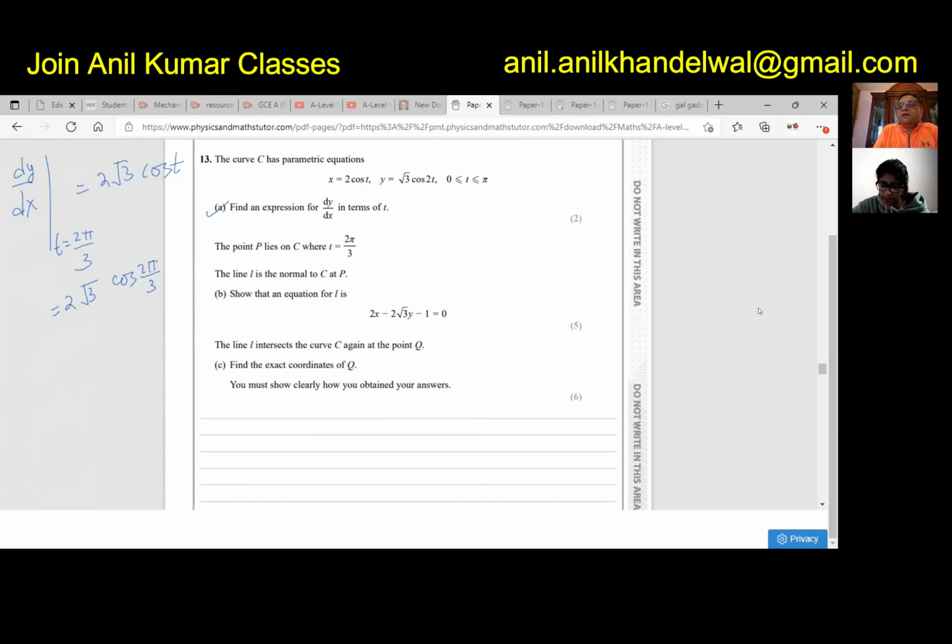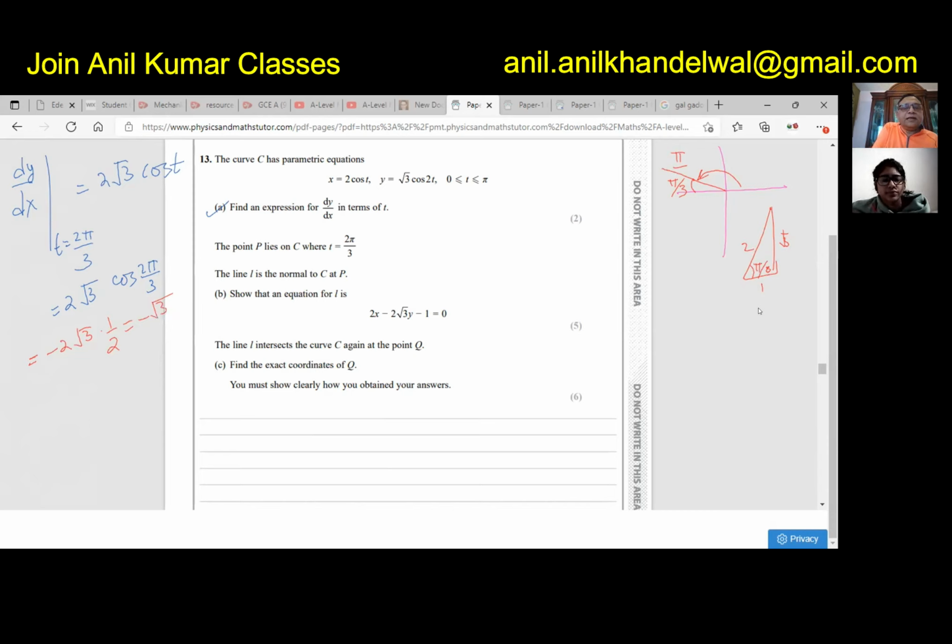Basically, you have to understand this part also, because cos 2 pi by 3 means you are here, right? So we are reviewing all other concepts as we move along. It's an acute angle of pi by 3. And as you know, in a special triangle, for pi by 3, the cosine value is half, right? And you are in quadrant 2, so it is negative. Therefore, this is equal to negative 2 square root 3, and this value is half, and we get negative square root 3 as the derivative. Is it okay?